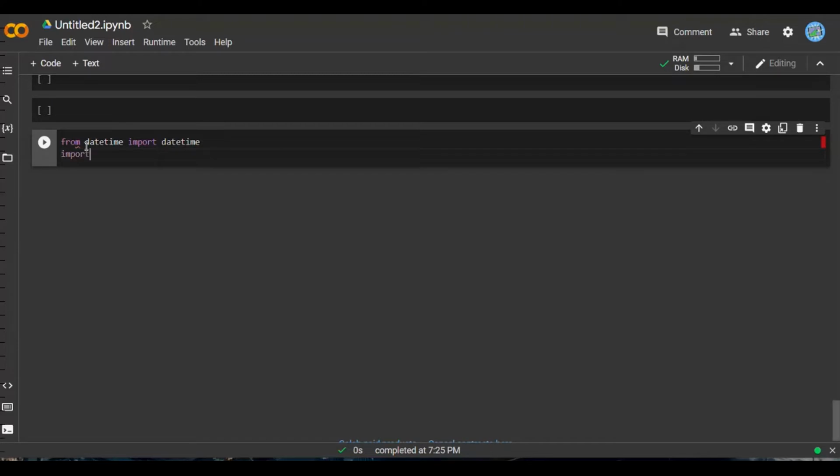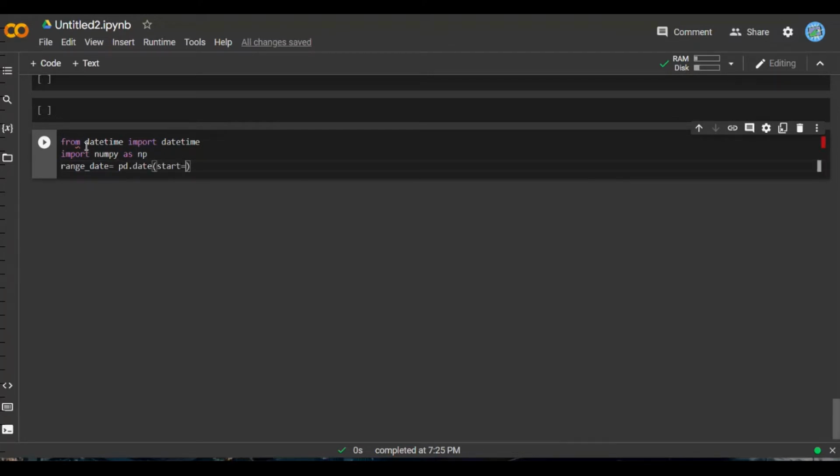Another, we need to import numpy as np. Now we'll write range_date equals pd.date_range, start equals 1/1/2019, comma, end equals